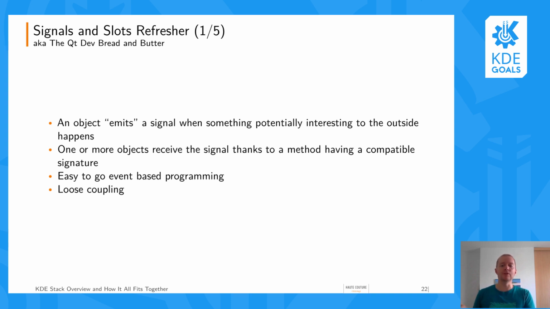That method with a compatible signature, that's what we call a slot. So you can have an object which says, "Something happened to me. Here are the details about it." And if there's another object which is interested in that, then that has to be received on the slot. So it's a model which is nice because it makes it really easy to do event-based programming, which around the